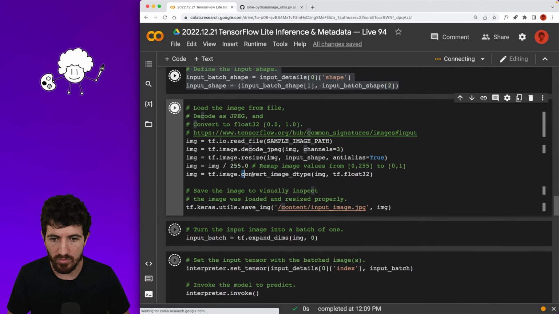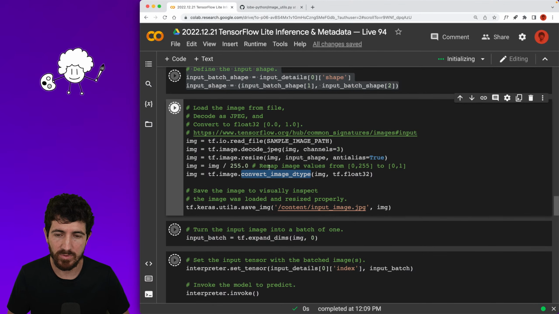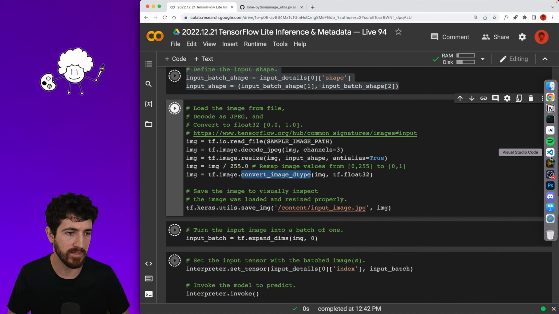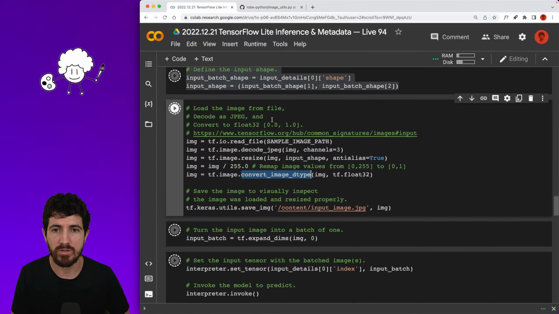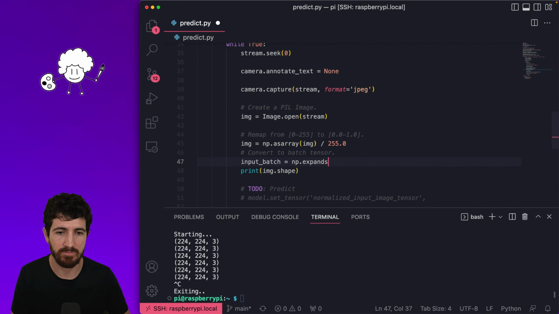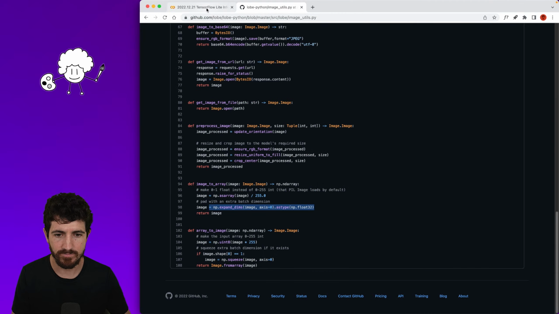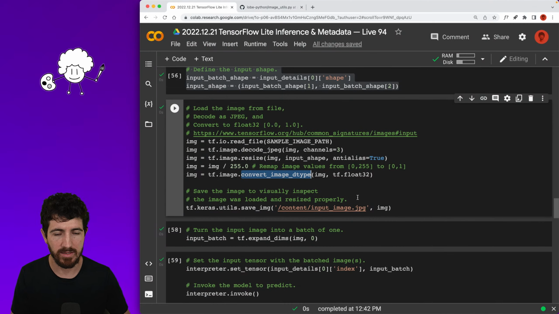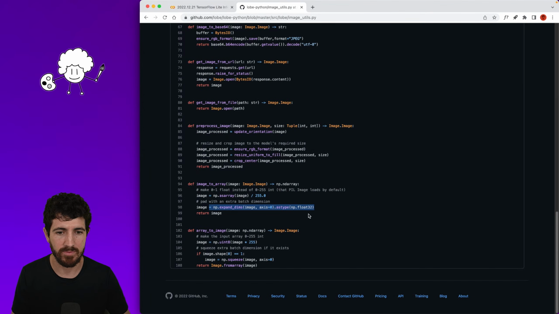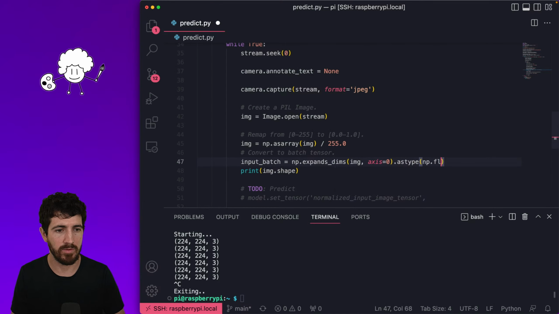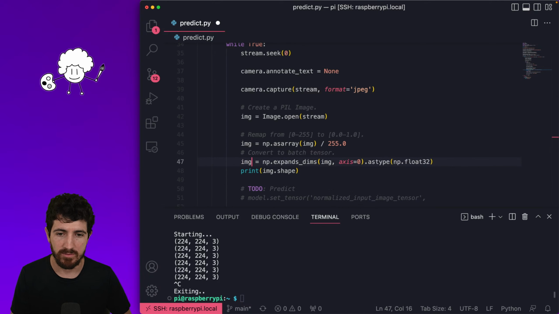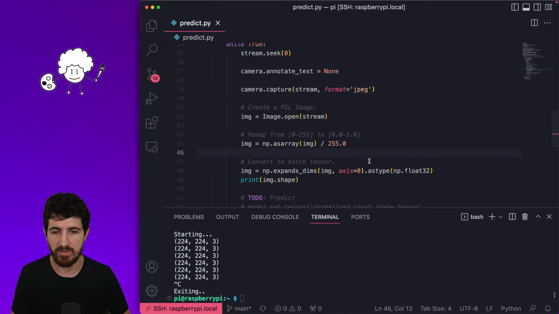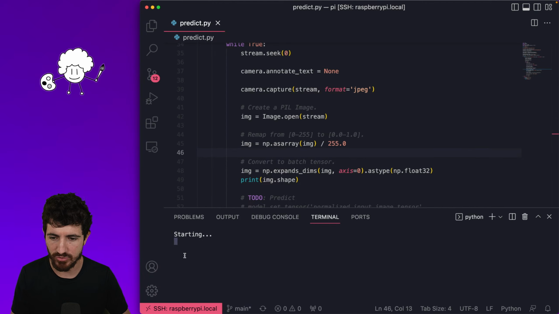Okay, so we convert to image dtype here with TensorFlow. We don't have TensorFlow in that runtime because we just have NumPy. So we're going to do what they're doing, which is expand dims. We get the image and then the axis is going to be 0. And then we do astype np.float32, and that is going to be our image, right? So if we print the image shape now, I'm pretty sure we're going to get